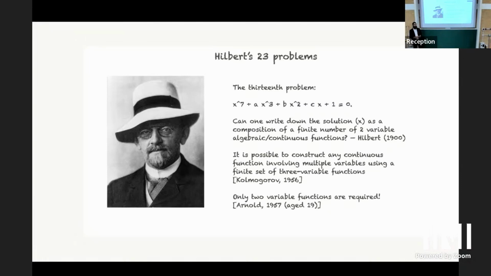And Arnold joins in the effort, and they have a mathematical wager of sorts. So Arnold, who was the supervisee and only aged 19 at that time, sort of bet against the conjecture, and Kolmogorov bet for the conjecture, and together they wrote a series of papers. Those papers ultimately showed that Hilbert's 13th problem has a solution in the affirmative for continuous functions, but they did one better. They came up with a very interesting representation theorem that showed that actually only one variable is needed.